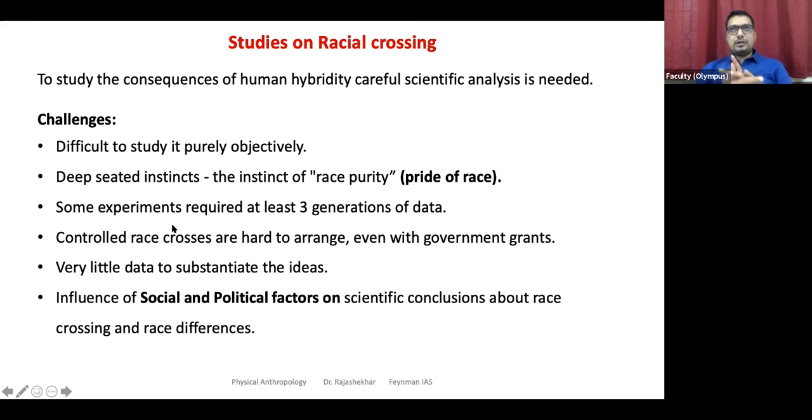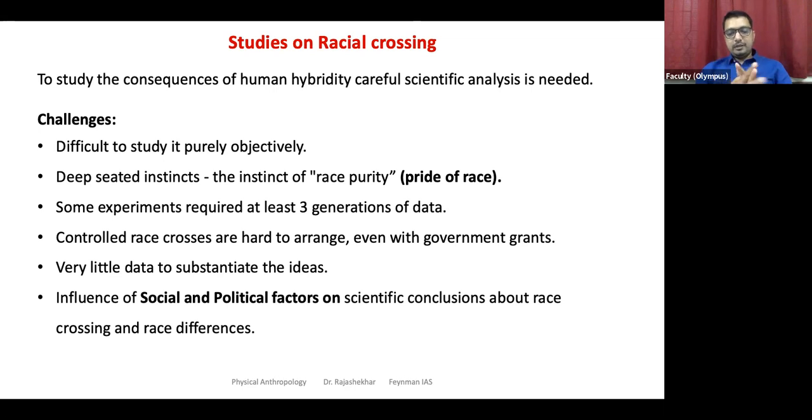If you want to study how it works out between European and Asian, you cannot control those marriages. There are examples, the reasons that we talked about in 9.1, and very little data. So we don't have uniform data to substantiate these ideas. Only in some groups you may find it more commonly. We have to have enough variety here.